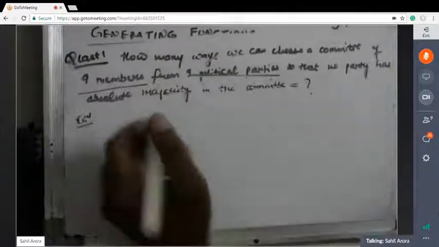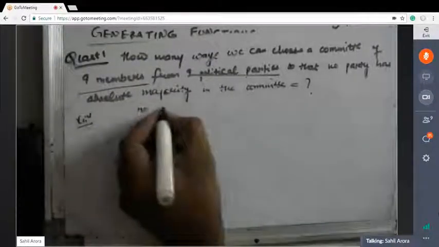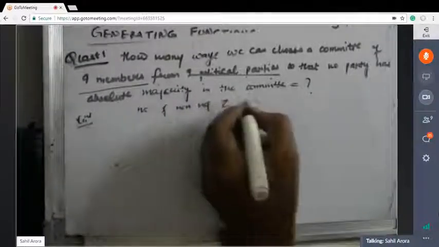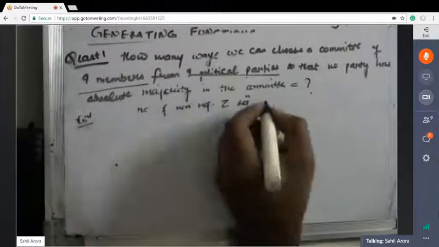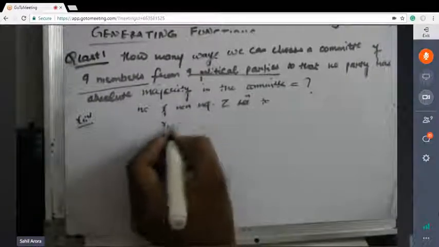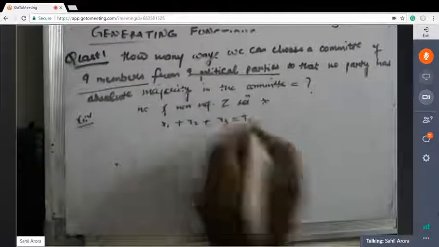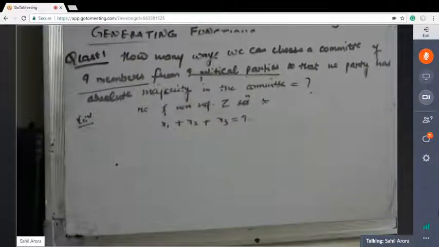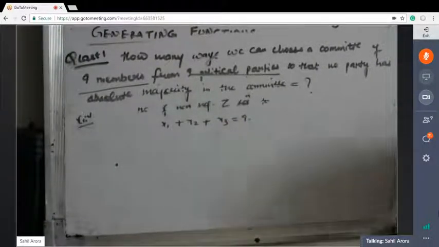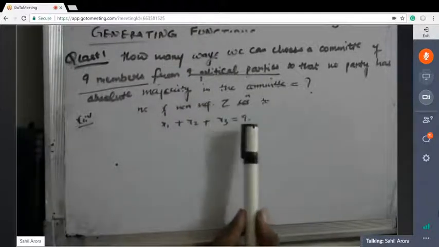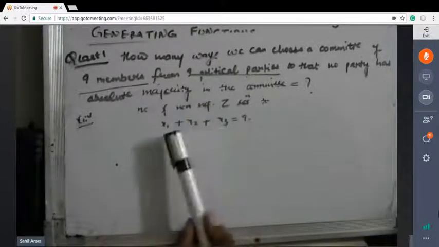So we want to find the number of non-negative integral solutions to x1 plus x2 plus x3 is equal to 9. Now, suppose let's say that this is 1, this is 1, this is 2, and this is 3. The total is 9. And there's also one condition here